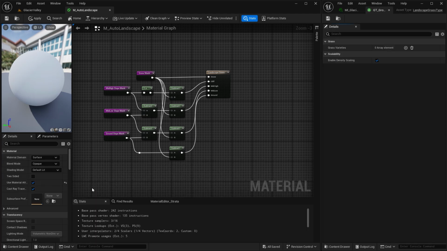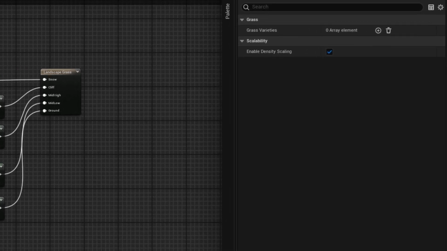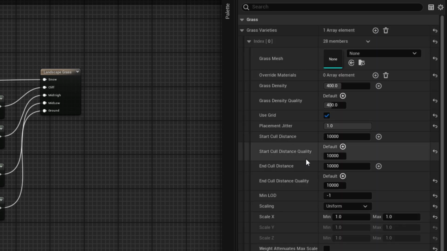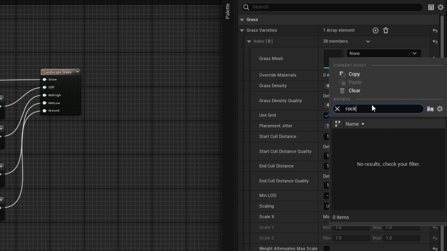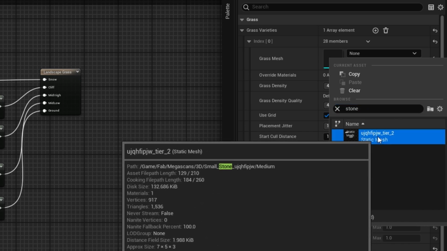If we open up ground, and on the right hand side here you see my open ground asset, and if you click on adding on array elements and open it up, you'll see there's a lot of attributes here you can set. So if you don't have anything in here, then nothing gets spawned. That's the default behavior. So let's choose our mesh. It's saying grass mesh, but actually you can use this for any mesh you like. So let us put in type rock, stone, and you should find this one with a strange name, tier 2.